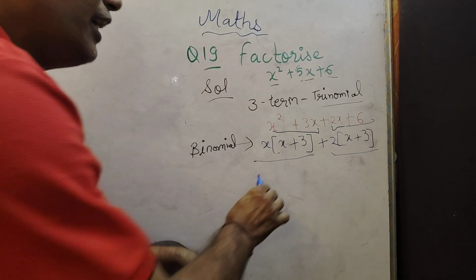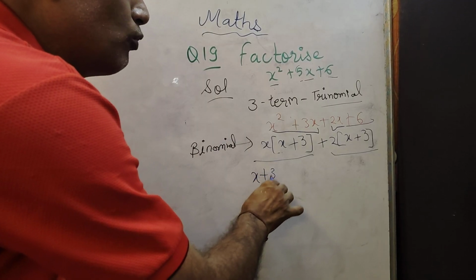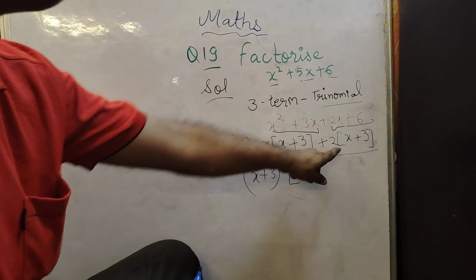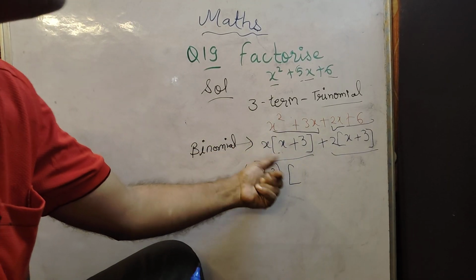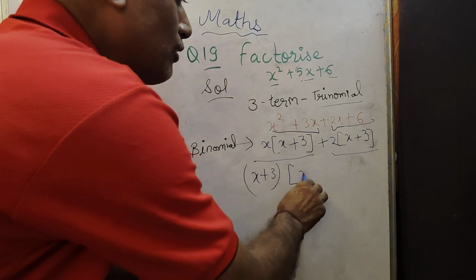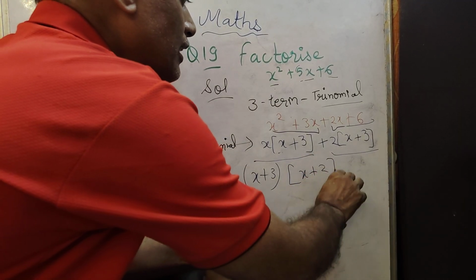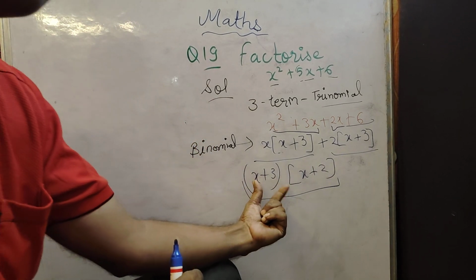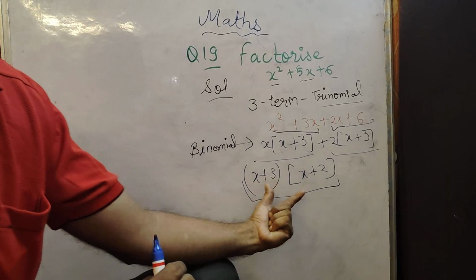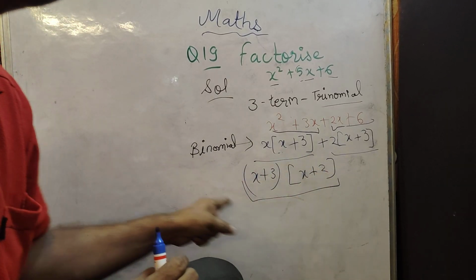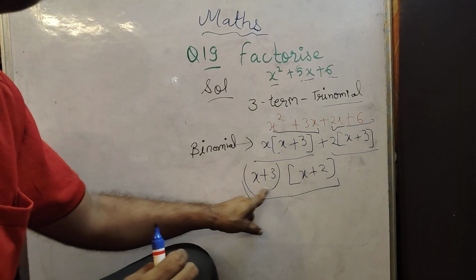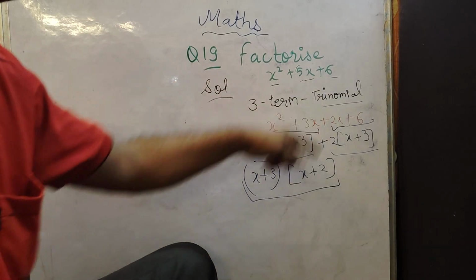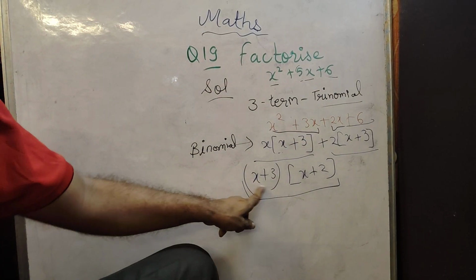So we take x plus 3 outside, because x plus 3 has two terms. So we write it in a bracket, and in the second bracket we write the outer terms of these brackets. Outer here is x, outer here is 2. So x plus 2 we write in the second bracket. It is now a monomial because the two brackets are multiplying. Multiplying is considered as only one term. So this complete expression has one term, x plus 3 times x plus 2. So this is the factorized answer. So x square plus 5x plus 6, the factorized answer is x plus 3, x plus 2.